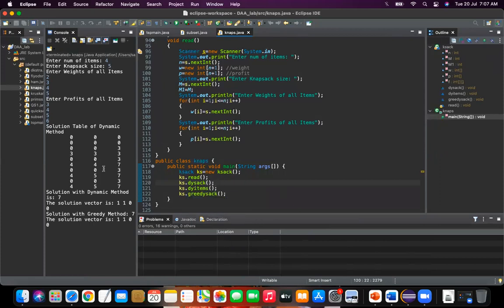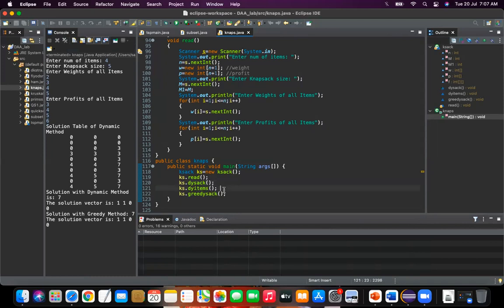That function will create the solution matrix, and then dy items. You know that in the dynamic method, first thing is we'll get the matrix, that is, the maximum profit value we'll get. And then from that matrix, you have to select the items. So to select the items, we'll call this function dy items.